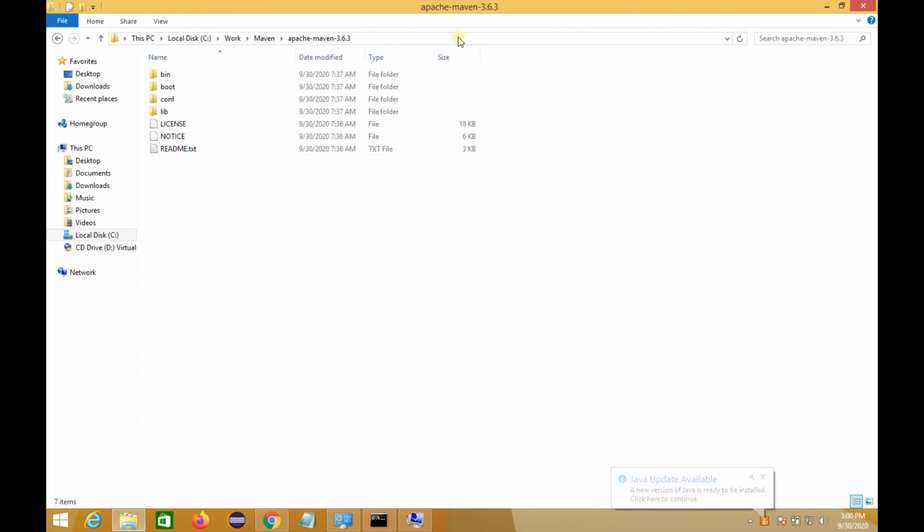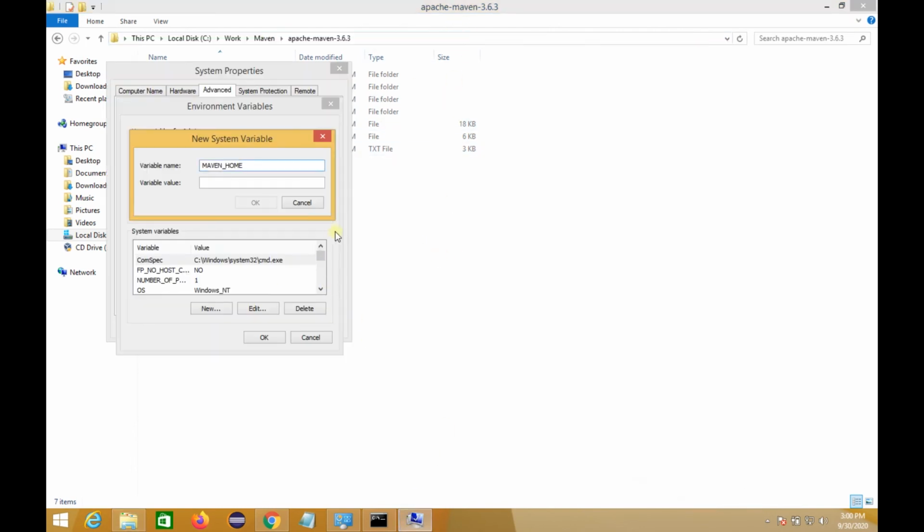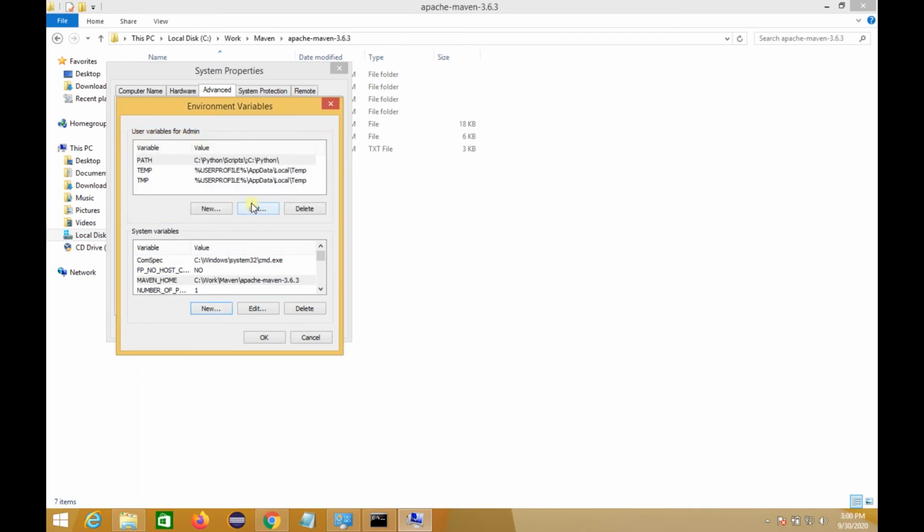So we will copy this path and paste it in the value of that variable MAVEN_HOME, and click on OK. So a new variable will be added in our system variables.